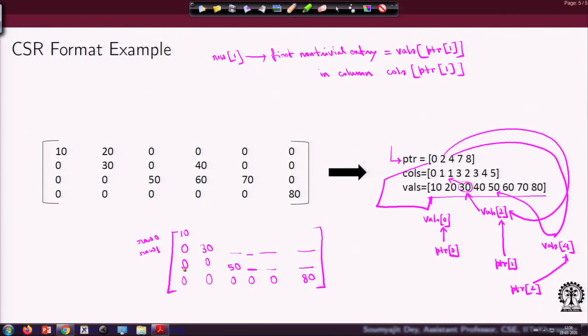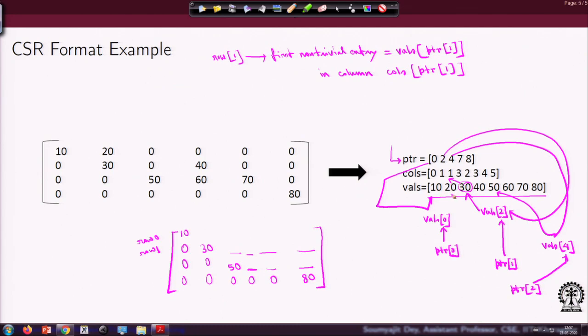As you can see, here it is 0 and the next is 2. That means, before this in the first row I have got 2 values. Well, that means the value next to 10, so I come here to the value 10. The next location is telling that, well, you look into vals 2.